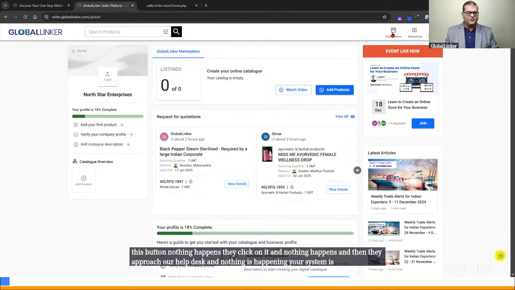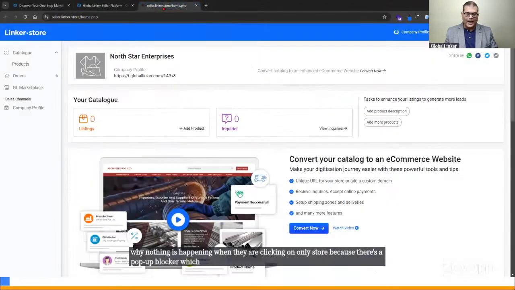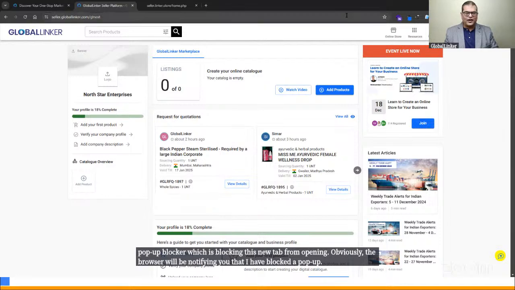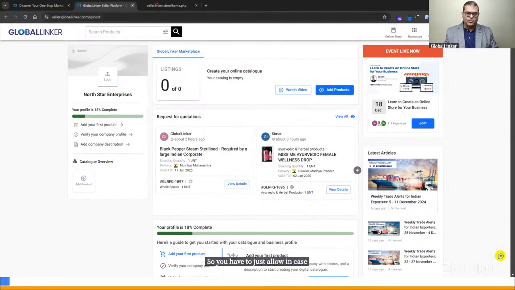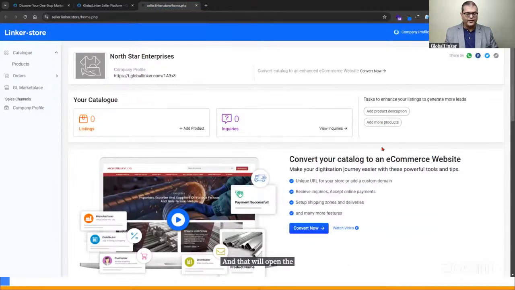And when we connect with them to see why nothing is happening, it's because there's a pop-up blocker which is blocking this new tab from opening. Obviously, the browser will be notifying you that it has blocked a pop-up. So you just have to allow it, in case you have a pop-up blocker blocking it. You will get a notification on the browser that one pop-up is blocked, just allow it, and that will open the control panel.